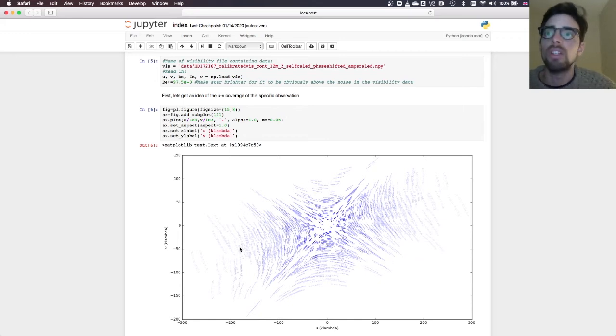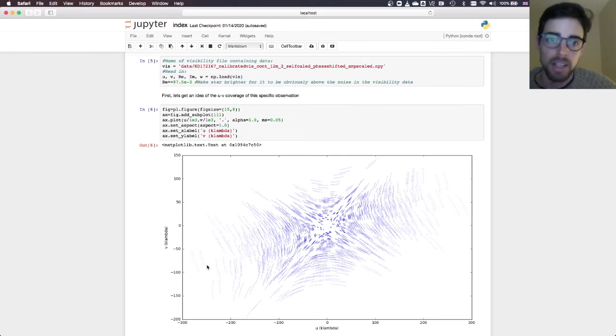Now, what you can also see here is that there are tracks. So let me pick some more obvious ones. So here, for example, you should be able to see that there are 4 tracks. These 4 tracks actually correspond to one baseline as it changes as a function of time as the Earth rotates. So each little symbol, each point here is a point in time and a point in frequency, remember, for a given baseline. So you can see that there are 4 pretty much